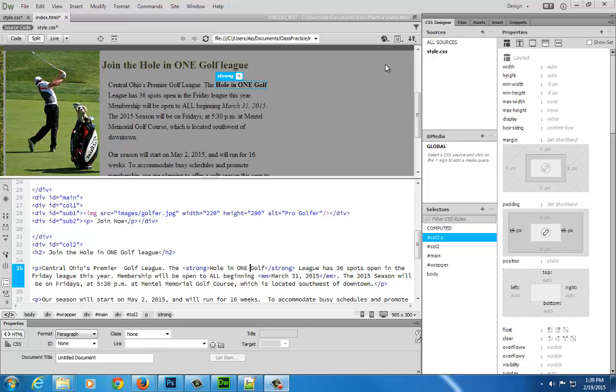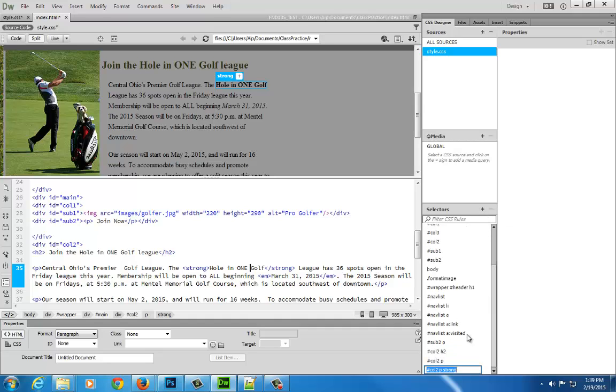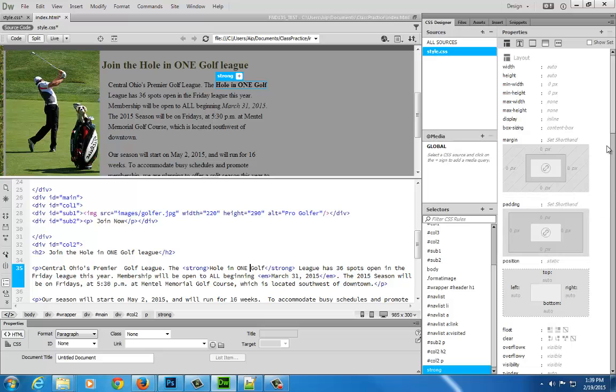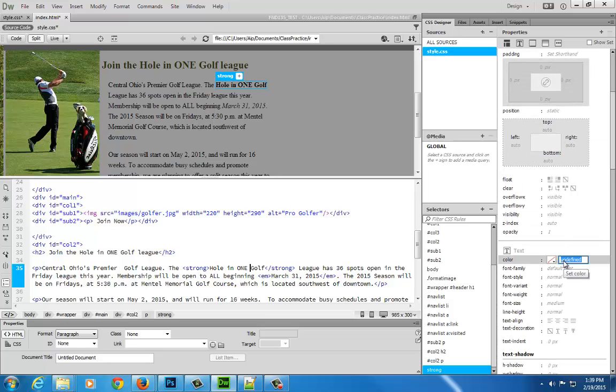So I'm going to come over here to my style sheet and add a new selector. If you want all your strong tags to be the same color, then just say strong itself. If you only want to affect that area in that section, then you have to tell it to have that section selected. So in this case, I'm going to come down to my text color and choose